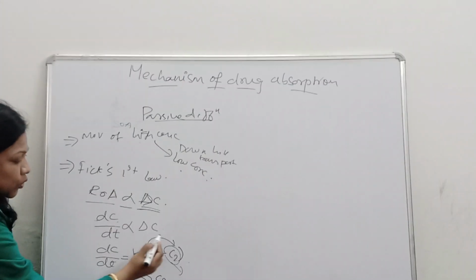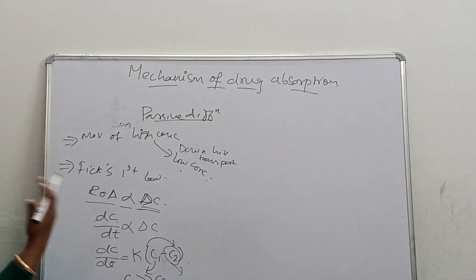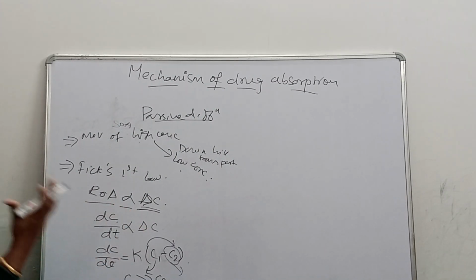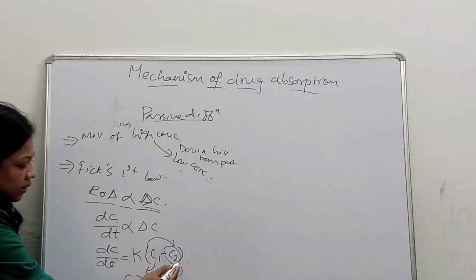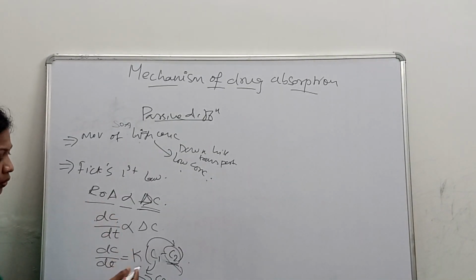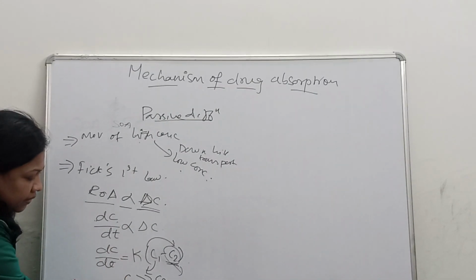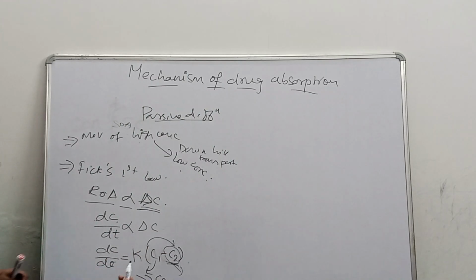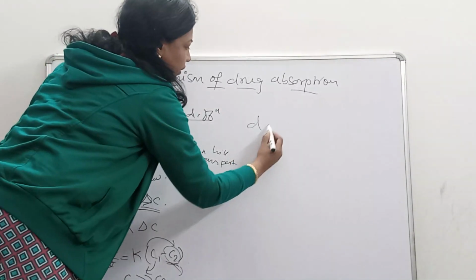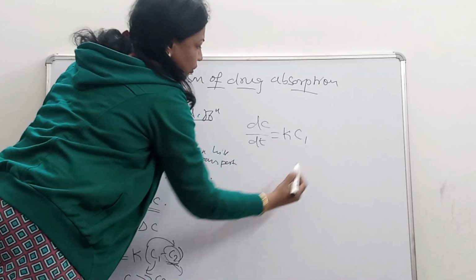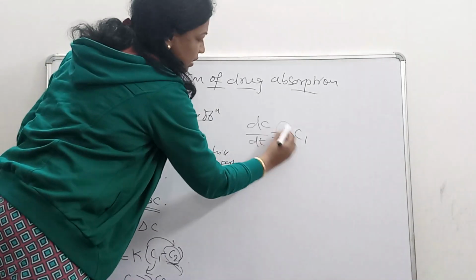Once the drug moves from site of administration to systemic circulation, immediately the drug gets diluted and the concentration of drug in blood, that is C2, will be so small that it can be neglected from this equation. So the equation will reduce further to dC upon dt is equal to K into C1, where this